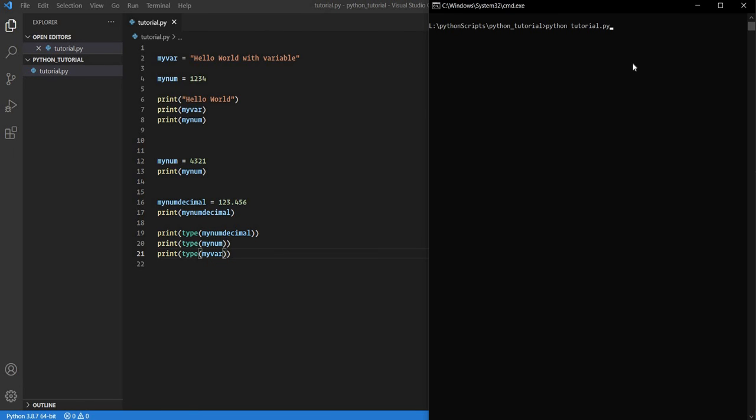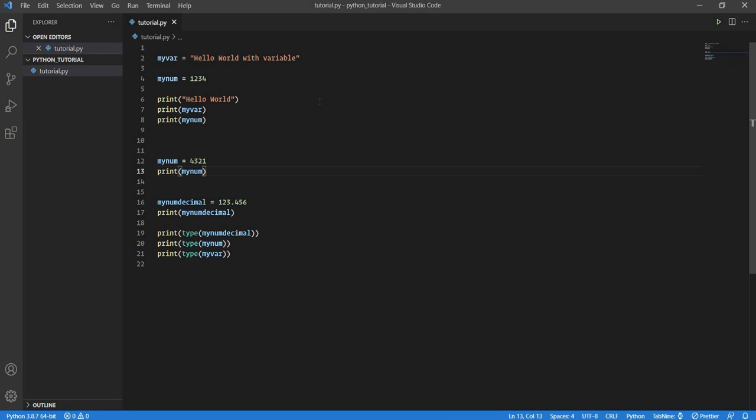Okay, now let's run this program. If I run this, if you see, my num is integer, which is int type. My var is string, which is str type. So string is a collection of characters, integer is a whole number, float is a decimal number. There is another data type, which is boolean, which can have a value of either true or false. So let's see what it is. If I say my boolean var, so of course you can give any name to this. If I say it as true, and if I just copy this again, paste it here and print the type of my boolean var,